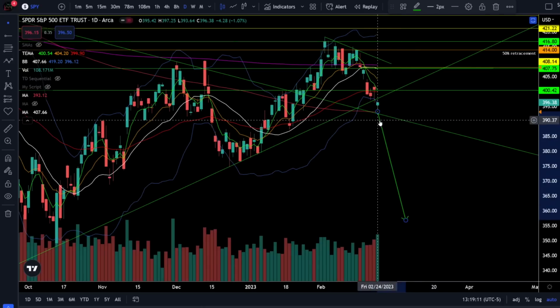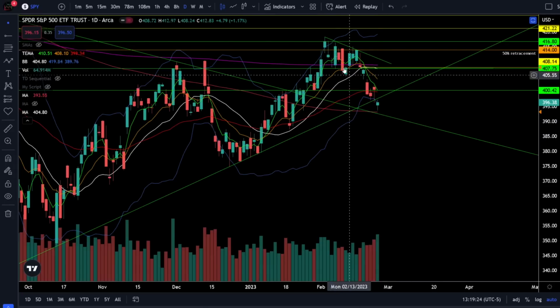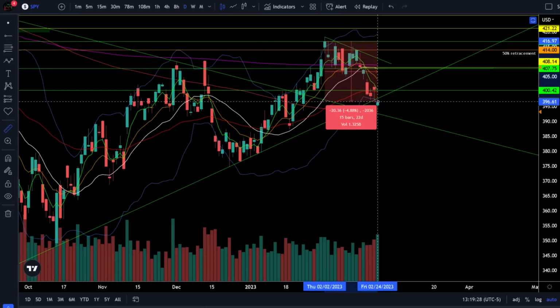This is a very critical risk level, and I do want you to pay attention to the fact that we are holding support and we are getting a very slow sell-off, which is more than likely just a pullback. If you just look at the high back on February 2nd to where we close on Friday, that is not even a full 5% decline over 15 trading days, which is exactly the slow type of pullback that you get